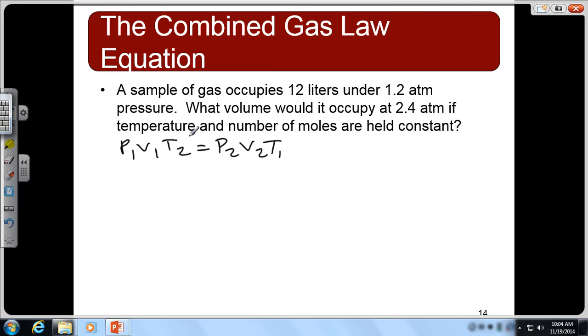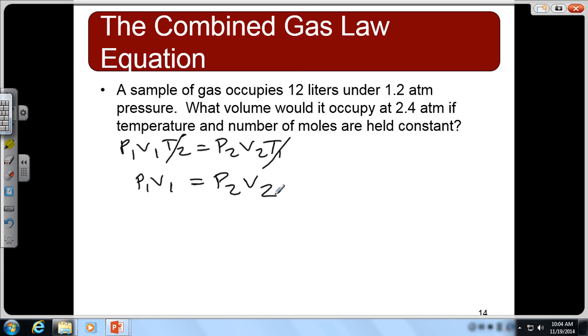So what I do is I just cancel it, and there you go. You've got Boyle's law. You didn't have to memorize it separately. It just is built into the combined. If you would rather put a 1 and a 1 there, it doesn't matter. You could use 1 million for the temperature and 1 million for T1. They're held constant.